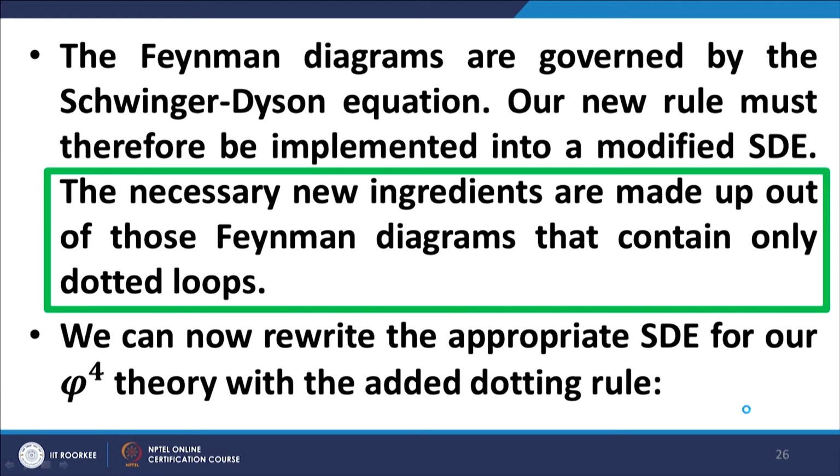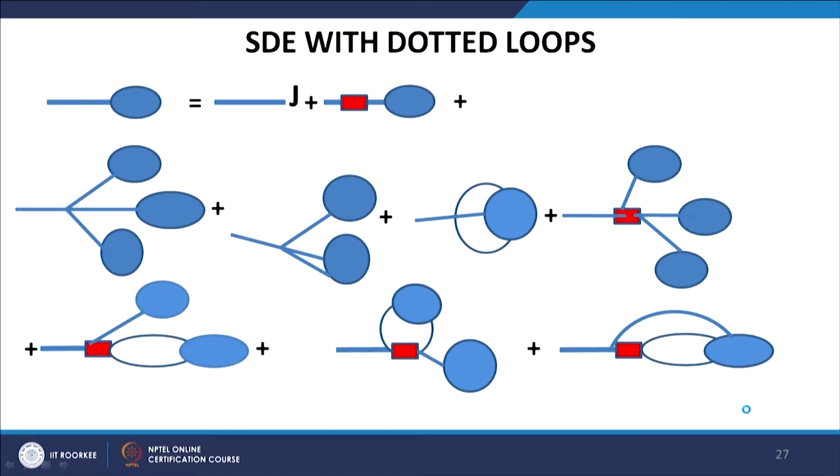Now, we will look at the Schwinger-Dyson equation. Having introduced the new Feynman rules to take cognizance of the possibility of loop divergences, we introduce the Schwinger-Dyson equations. Let us write down the set of Feynman diagrams and then write down the Schwinger-Dyson equation on the basis of those diagrams.